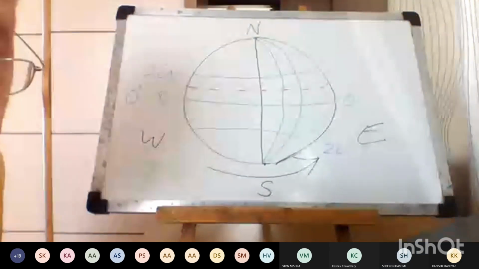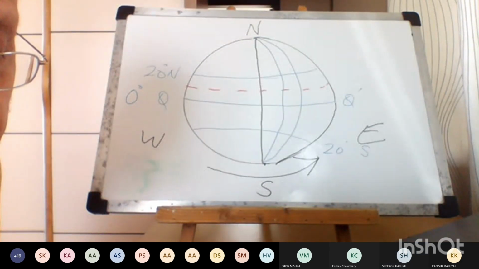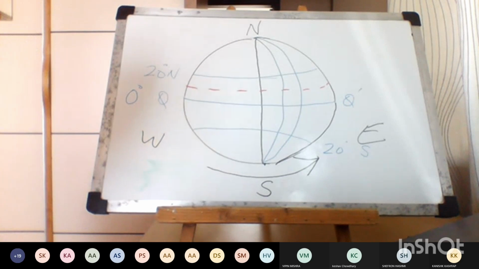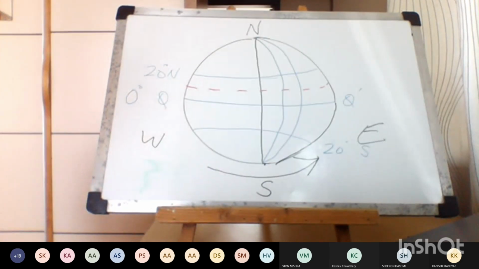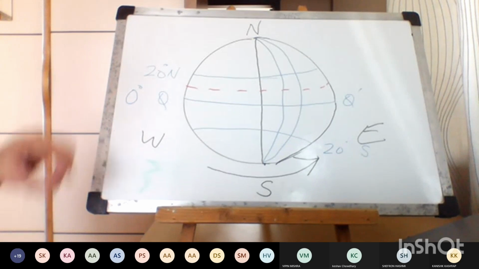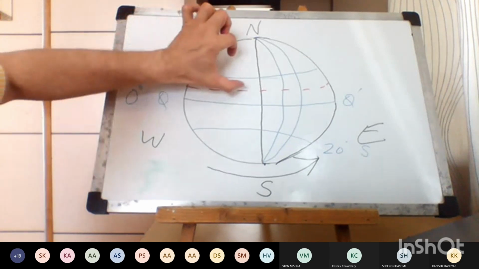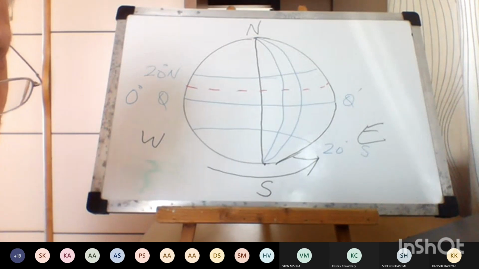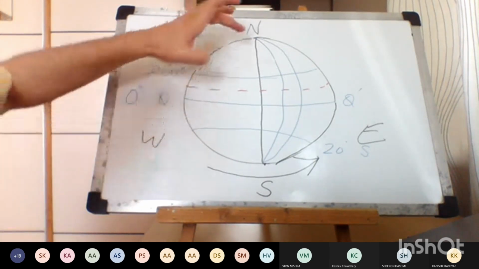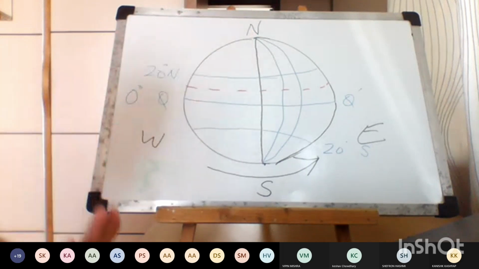If you want to make a great circle on any 2 points, remember only one great circle can be made. Let us say you have 2 points and you join them by a great circle. Only one great circle will be possible. But if the 2 points are on the opposite sides of the diameter,